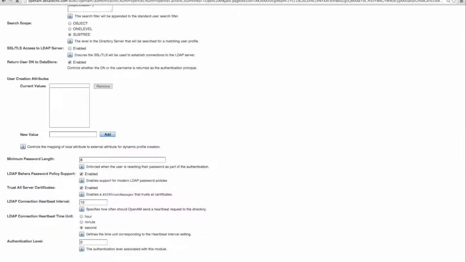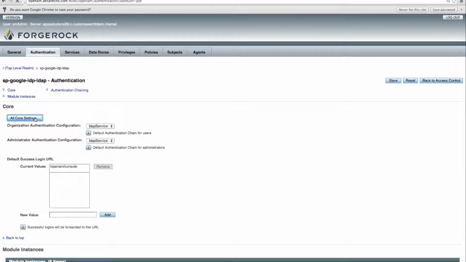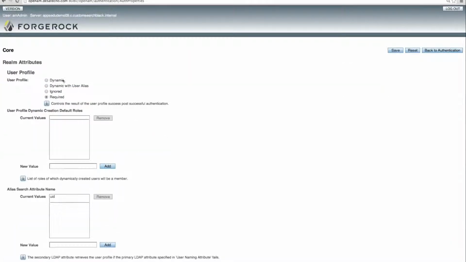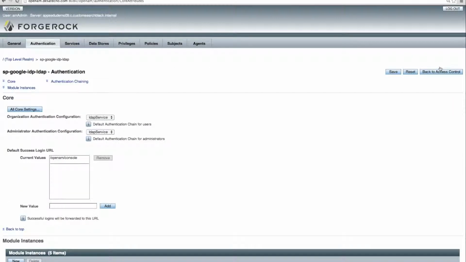Then save and click back to authentication. On the Authentication tab, click on All Core Settings. Change user profile to dynamic and save. Now we will create a data store using most of the information